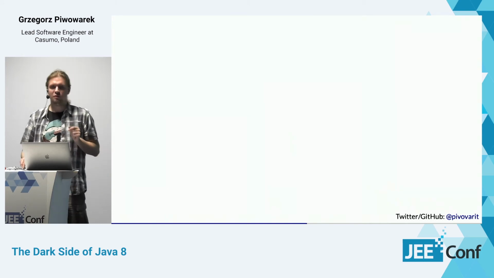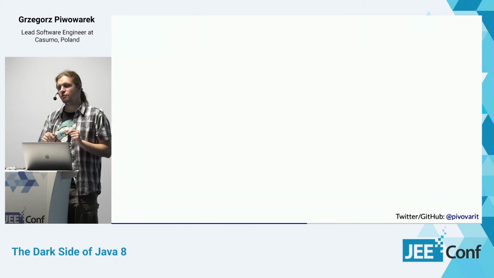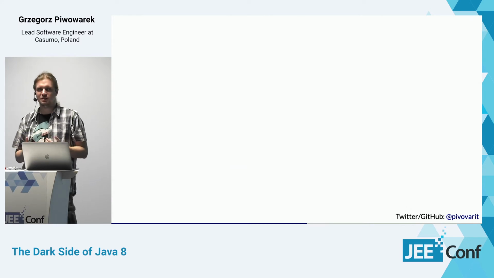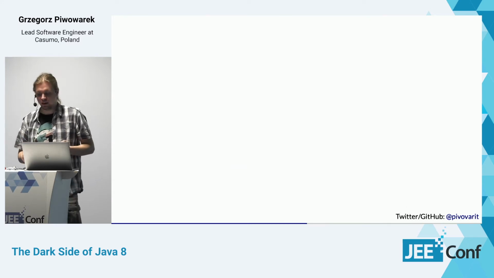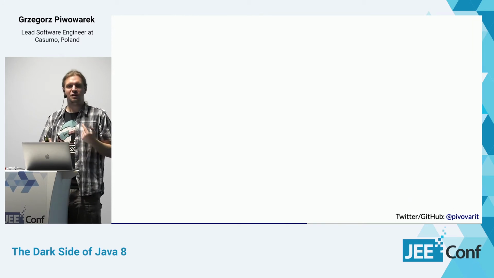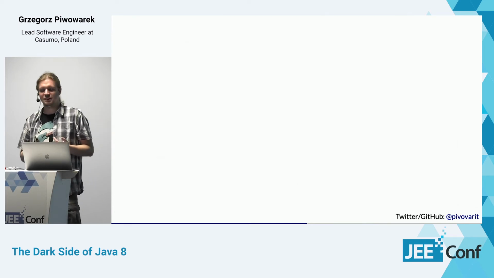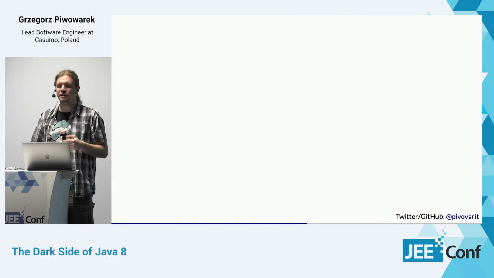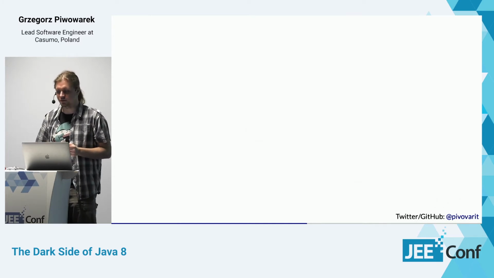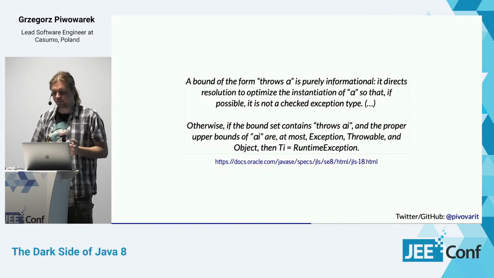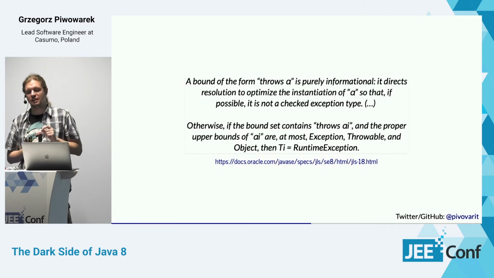But now, remember, not that long ago, let's call them Oracle lawyers, were trying to convince us that the problem with flatMap not being lazy is not really a problem, it's not a bug. And technically they were right. So let's try to reverse the dependency and pretend we are lawyers ourselves. If you go through the JLS, the Java Language Specification, in section 18, there's a very interesting addition